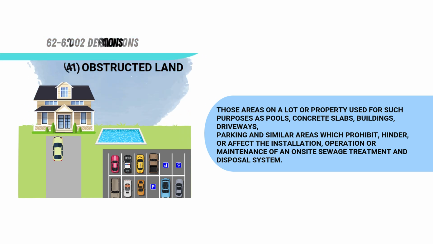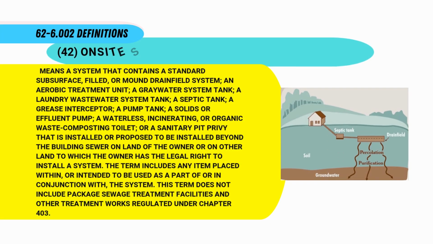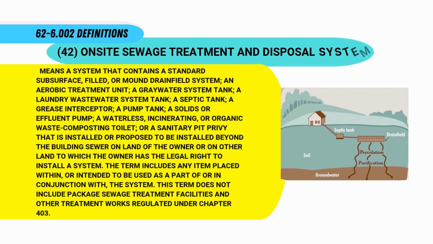disposal system. 42. On-site sewage treatment and disposal system means a system that contains a standard subsurface, filled, or mound drainfield system, an aerobic treatment unit, a greywater system tank, a laundry wastewater system tank, a septic tank, a grease interceptor, a pump tank, a solids or effluent pump, a waterless, incinerating, or organic waste composting toilet, or a sanitary